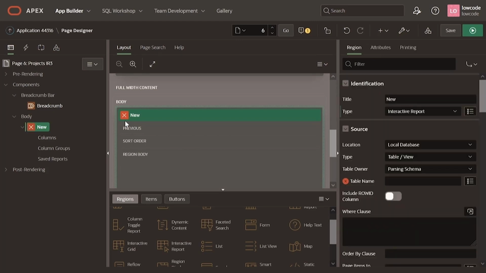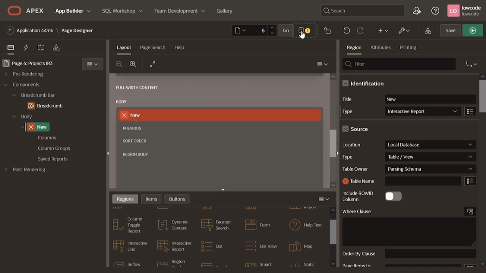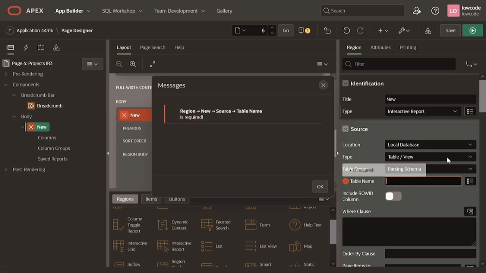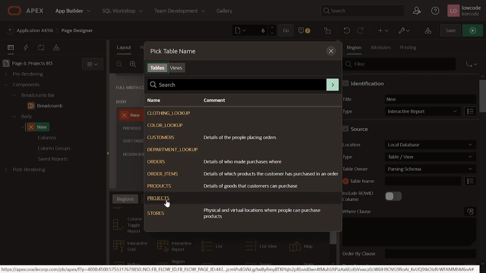The page designer indicates what actions are required next. The Messages tab displays a red or a yellow badge indicating the number of messages you need to address. Then you can click on each message and edit the attributes in the property editor. We need to select a source table name for the interactive report region. So from the list of tables, I select projects